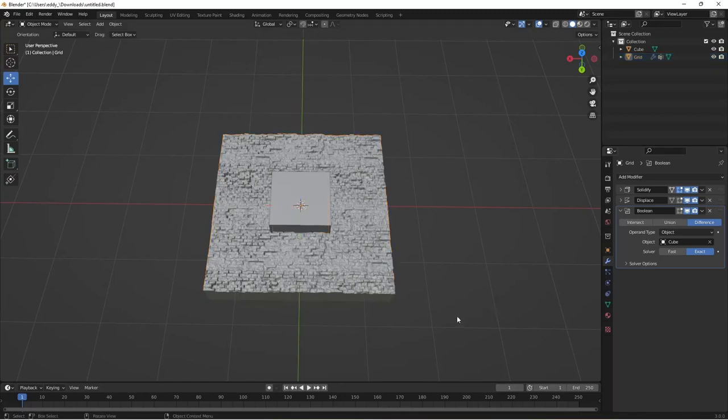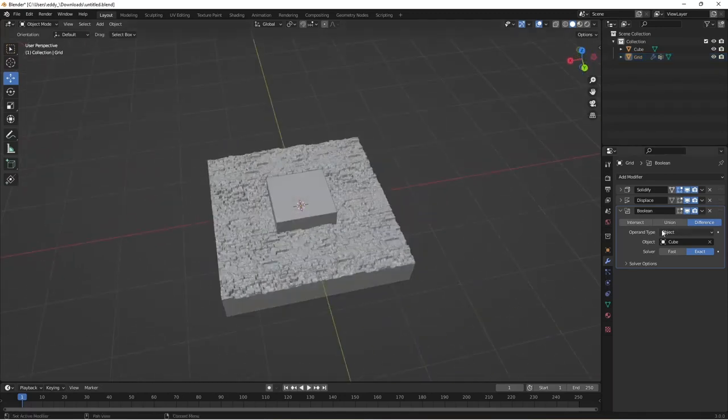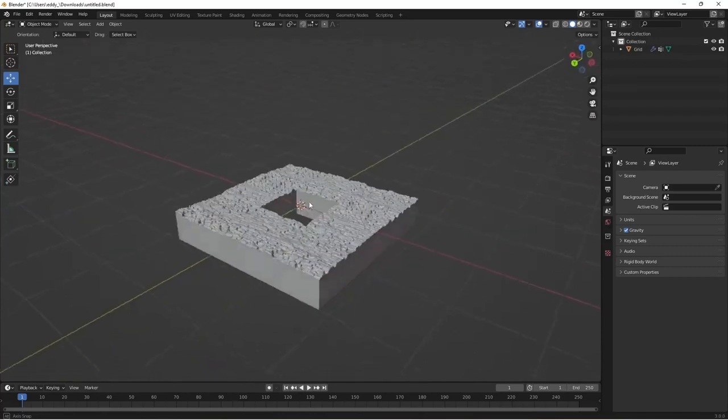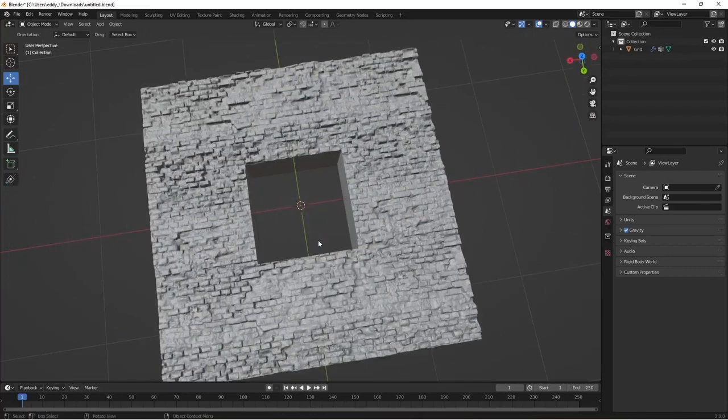Takes a little second or two. Now if we apply this, so you come up to the boolean and there's a drop down box that says apply, duplicate, move to first. If you apply this, what that should have done is subtracted that from that and made a hole. Let's have a look. So we click on the cube, press X and delete, and there we go. We have a window opening, or an opening,